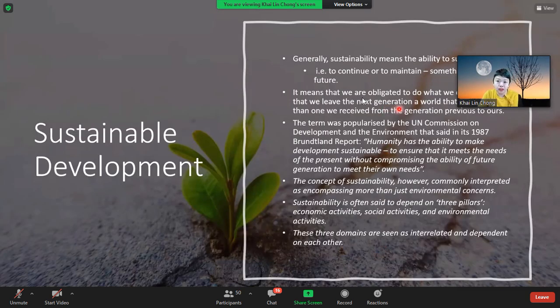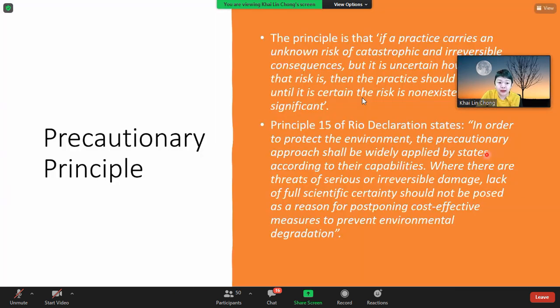Okay, so this is the details for everyone that you can actually go through. So sustainable developments, it means that we would like to contain or maintain something into the futures. Okay, so this is something that under the UN commissions. Okay, and then precautions. So the principle, if there is a practice carries an unknown risk, so it is uncertain how